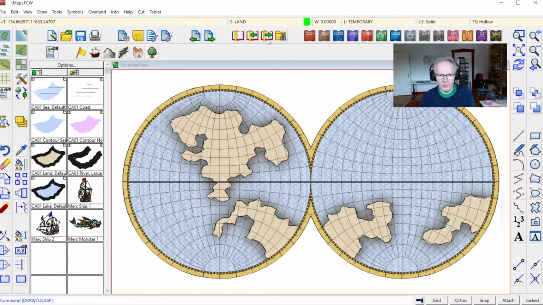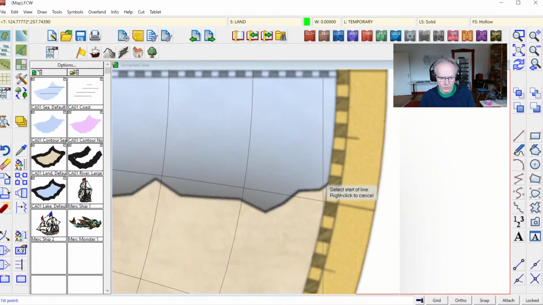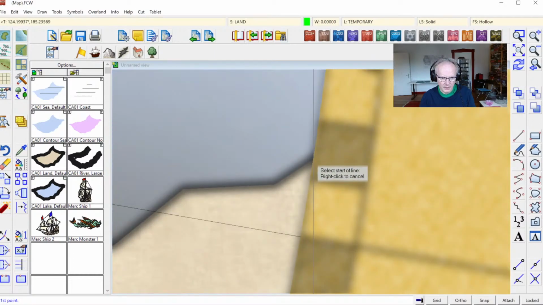Switch to a temporary layer. I'm going to stay on the land sheet here. I'm going to delete this line anyway later. And I'm going to grab the line. And now I want to attach the start of this line exactly to the point where my coast matches the map border. And for that I'm going to turn on, I'll zoom in closely, click on the point where the two match,